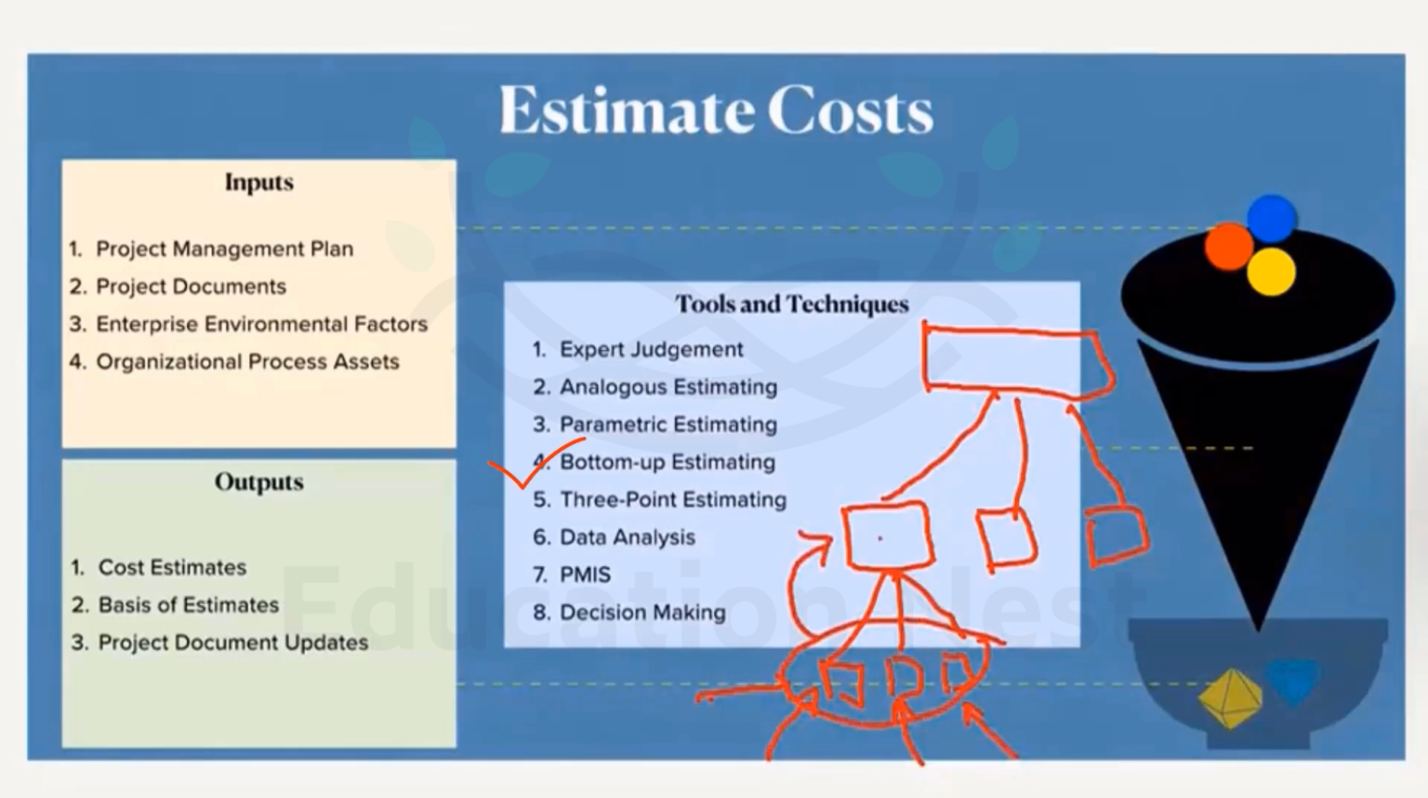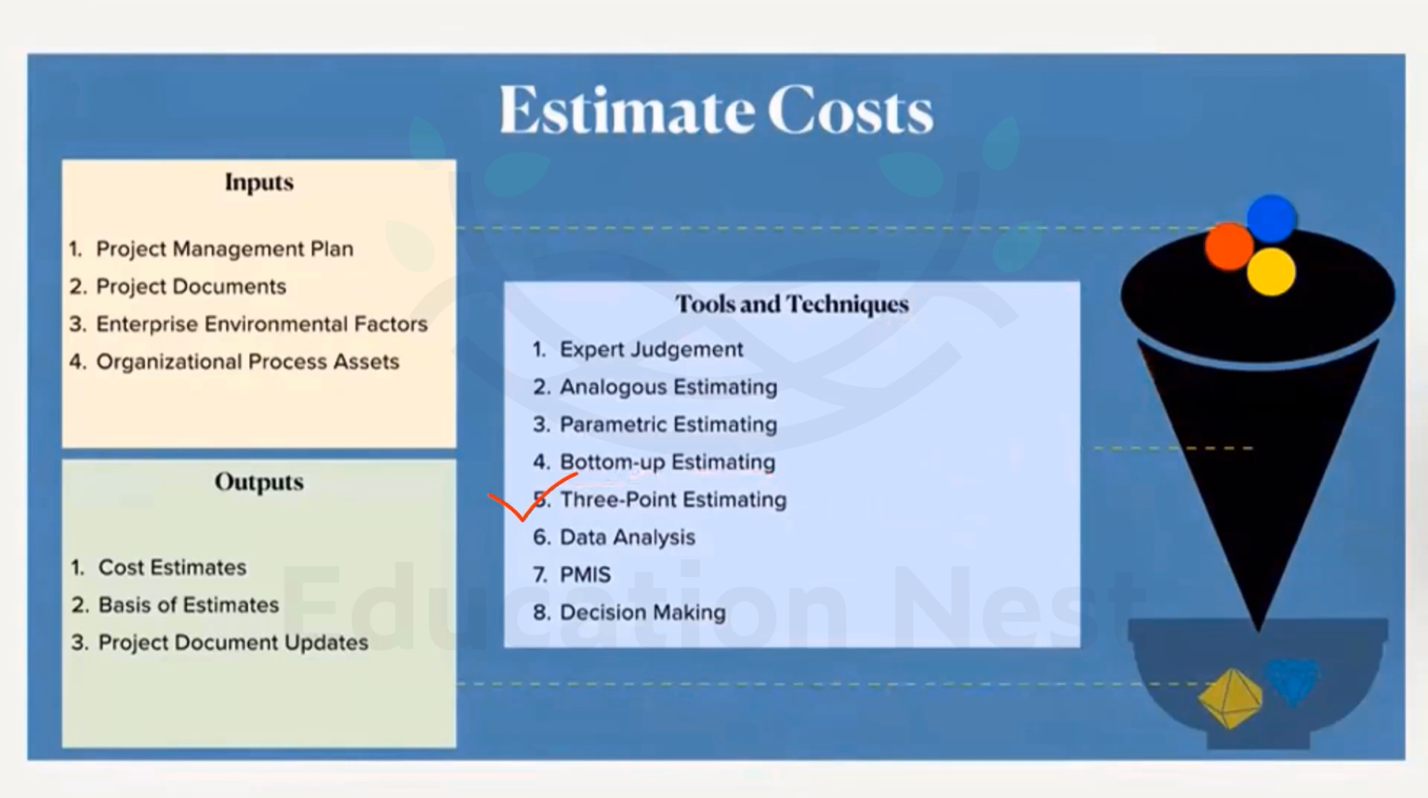Similarly for this process, again, this will go up. So that is called the bottom up estimating, right? Starting from the very bottom activity to the topmost final project, that's bottom up estimating. 3-point estimating, I think we have learned 3-point estimating for the scheduling yesterday, but